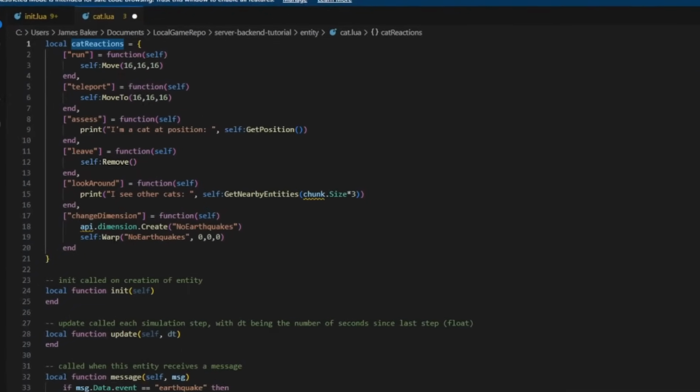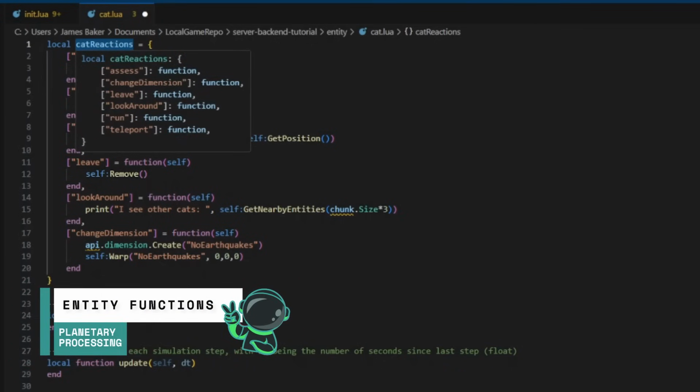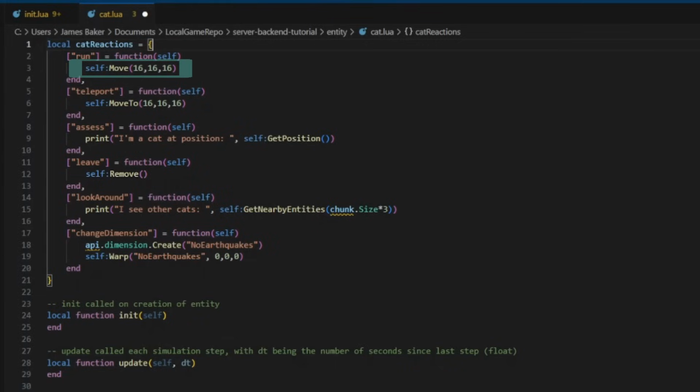earthquake. We have a total of 6 possible reactions, each using a different entity function. Our first is run, using the self::move function. The move function will reposition the cat a set amount along the x, y, and z axes, relative to its current position. Typically this function is used inside an update function, to act as the motion or step a character